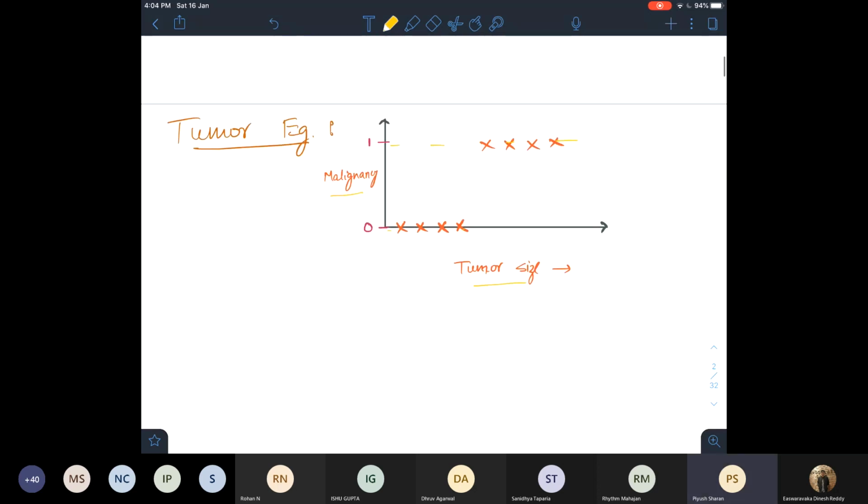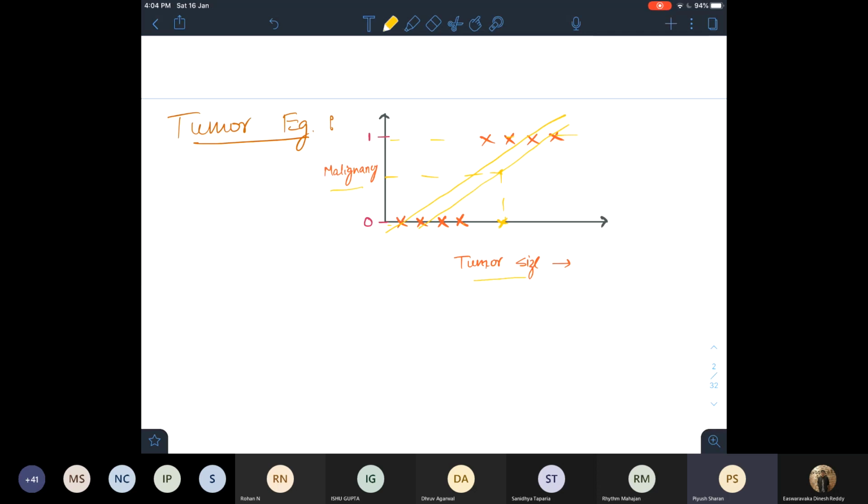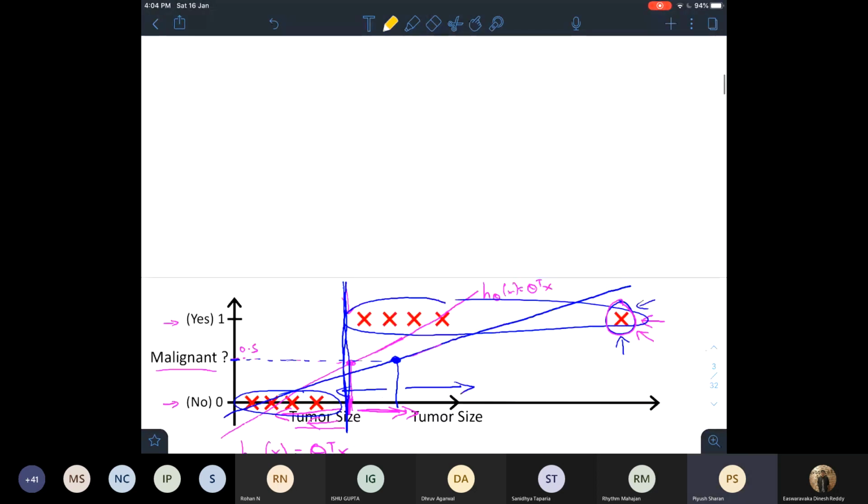If I was to do some linear regression algorithm on this, my best fitting line might be something like this or something like this. For any value, it might have given me something very weird. So we need a better classification algorithm so that it classifies discretely into 0 or 1 depending on the size of the tumor.